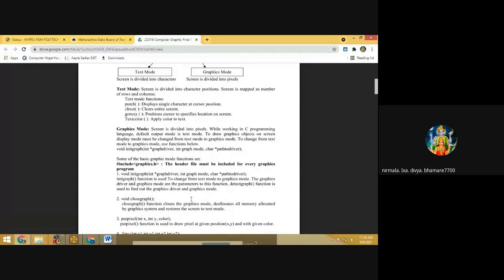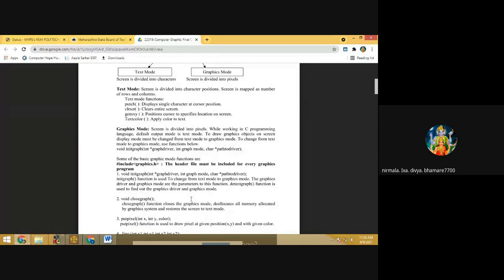Then see, up till now two things we have seen. One is the initgraph function, and the other is that we have to include the graphics.h header file in our program. So void initgraph. Now what is the use of the initgraph function again? This function is used to change from text mode to graphics mode. The graphics driver and graphics mode are the parameters to this function.